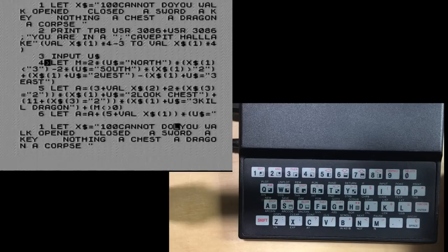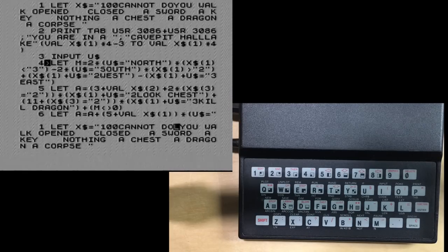Notice that whenever you assign a variable in Sinclair Basic, you have to use the let command, and that's part of how they simplify the parsing. If they allowed you to just type in a variable name at the beginning of a line, there would be some ambiguity. What does that letter mean? By requiring the let command, which is part of Commodore Basic as well, but very rarely used, by requiring that,